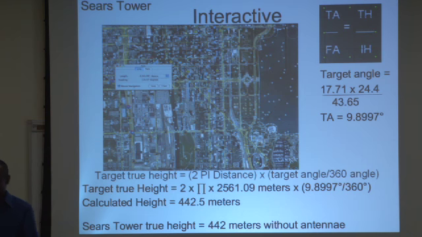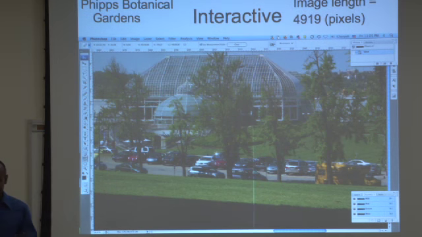So I went back to one of my first Gigapans. It was of the Phipps Botanical Garden when I was here last year. And I used the same technology to try to calculate the height of the, I forget what this is called, but the actual glass structure. In this case, I used just Photoshop to measure the pixels. So I've got here, this white line shows the image pixel distance, which is listed up here at length. It was